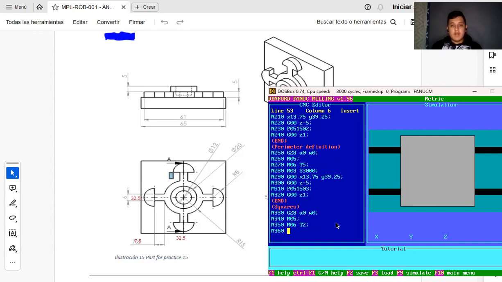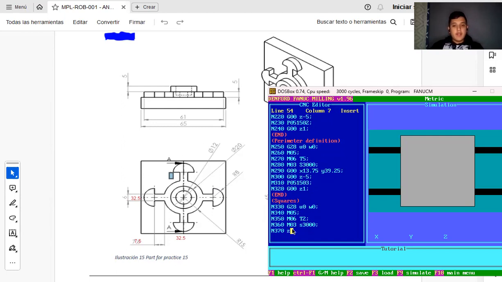Then we're going to continue. Speed it again. And we have to go to the position that we're going to start. In this case, we have to go to